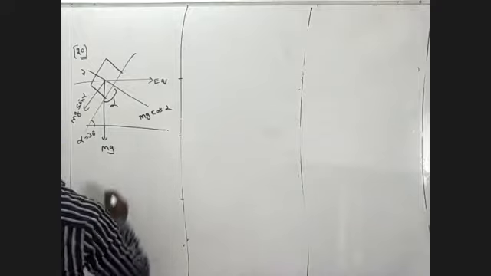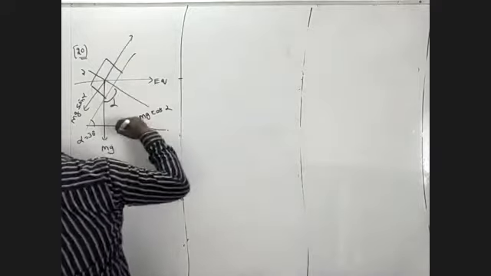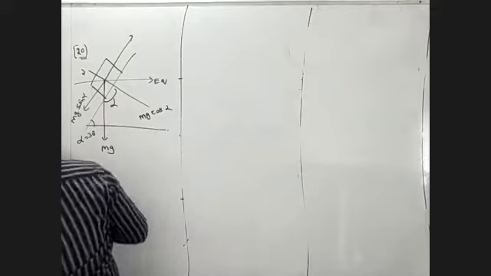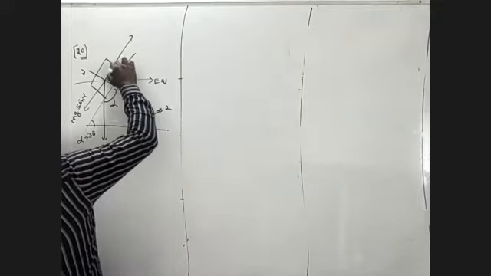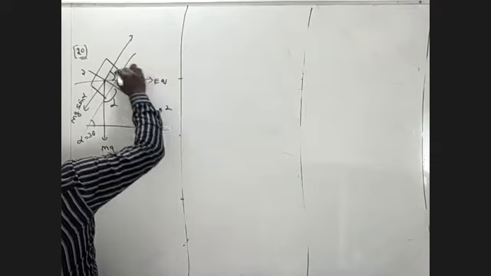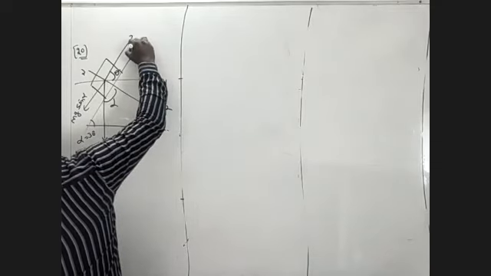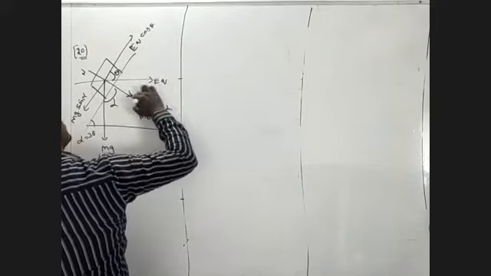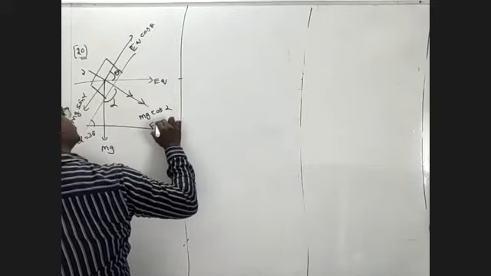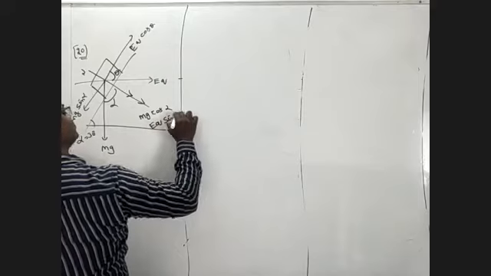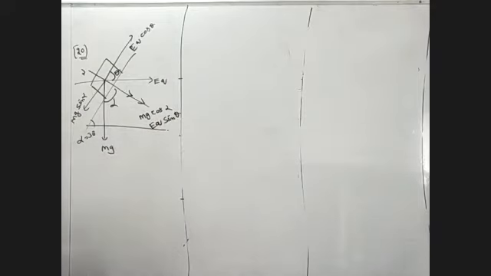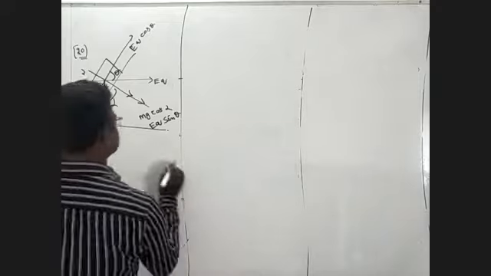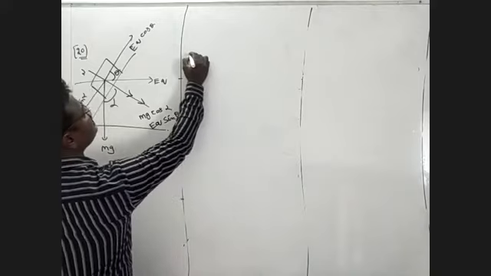This is making an angle theta. So we are checking theta. Making angle theta means this is EQ cos theta, and one more component along EQ sin theta. This is the given figure. Here the block is at rest.